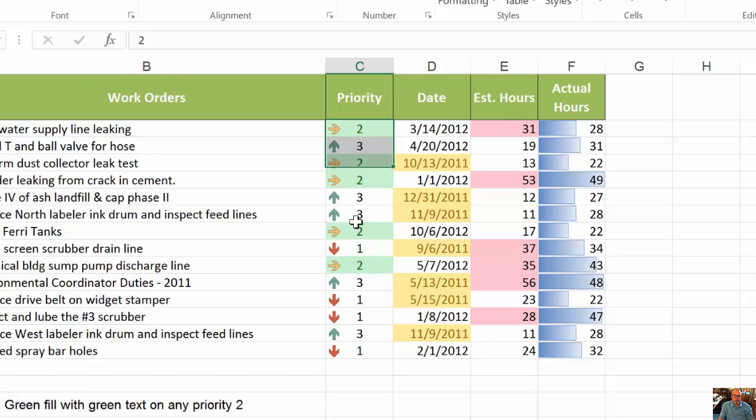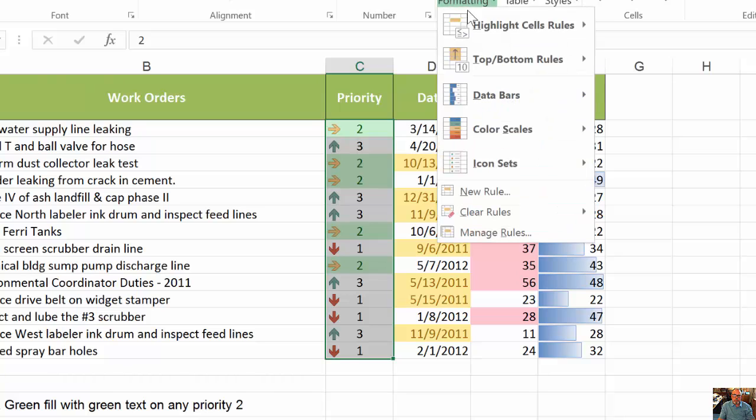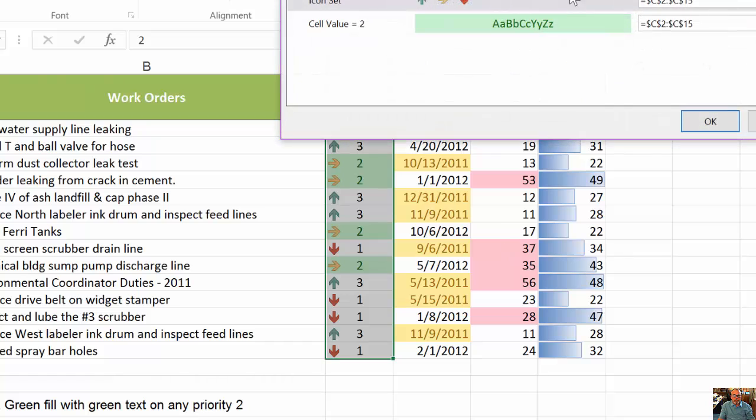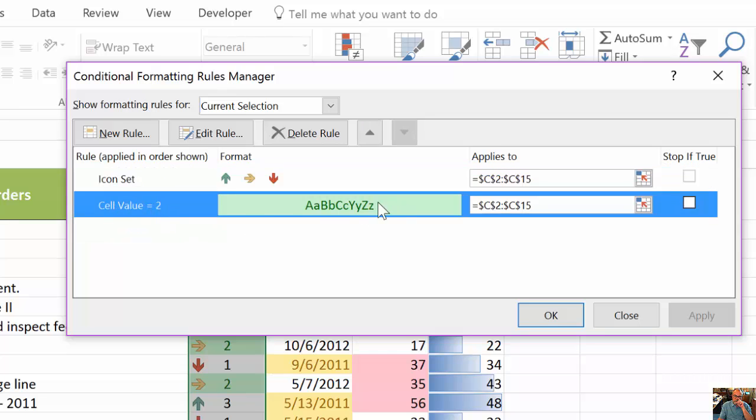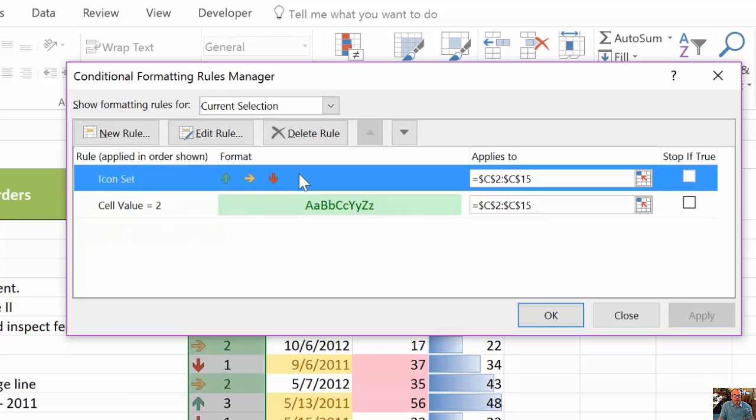So I select the range that I want to affect the format, come up into conditional formatting, and select Manage Rules down here at the bottom. When I click on that, up comes my icon set here. It also shows that in this range of cells, I've got the cell value equal to 2 for that green shading. And I want to modify this rule, so I'll click on the rule I want to change and select